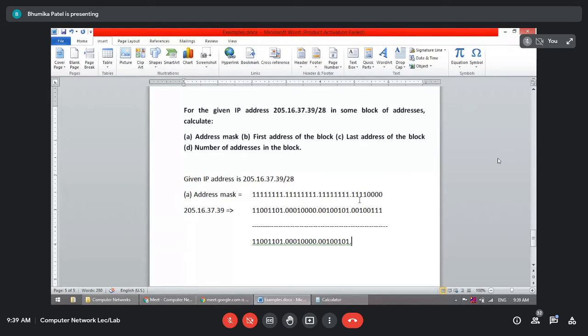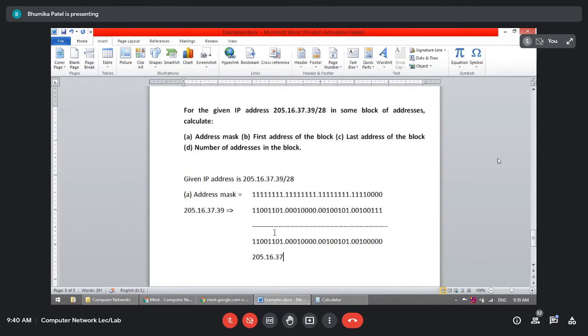Now we have to perform the AND operation between the last group. Okay, so it is 1 0, it is 0 0, both are 1, so 1 0 0 0 0 0. Okay, so this is the first IP address, and if you convert this IP address into decimal, it will be